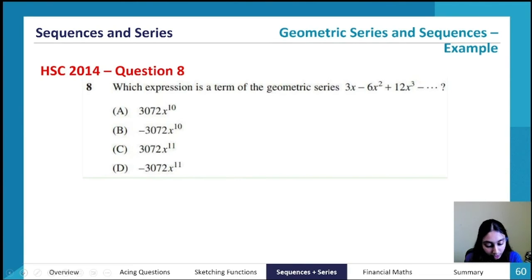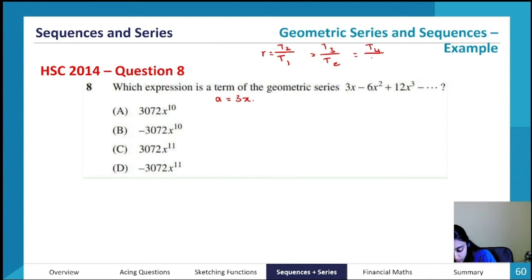I'm going to give you a sec to pick whether the answer to this question will be A, B, C, or D. Okay, let's go through this question. My first term, a, is equal to 3x. I don't actually know what my common ratio is, so let's work that out. The way that we can work it out is r is equal to T2 on T1, which will be equal to T3 on T2, which will be equal to T4 on T3, and so on and so forth. So it'll be equal to 6x squared on 3x,